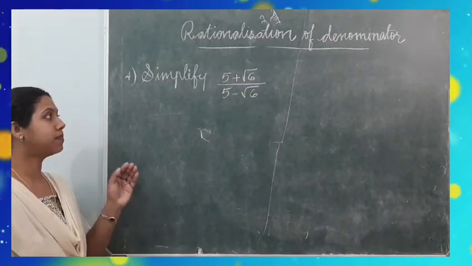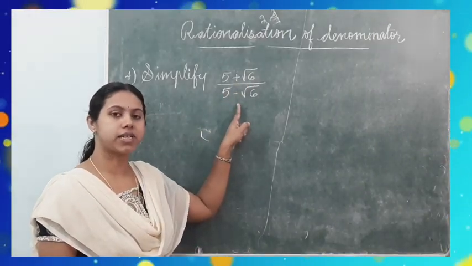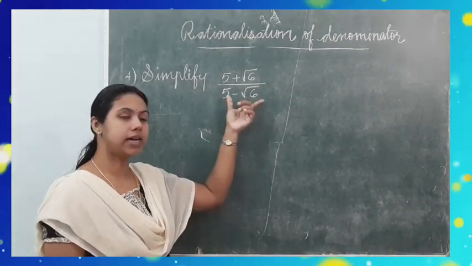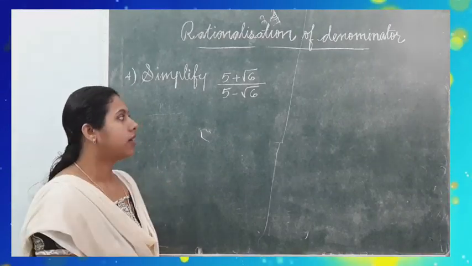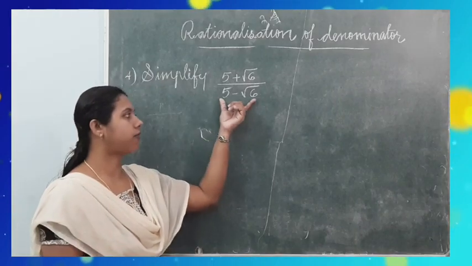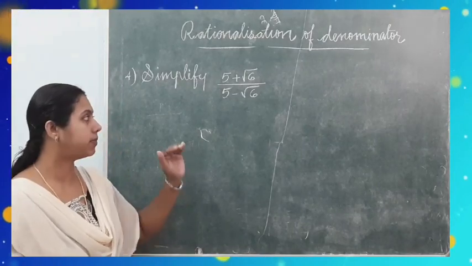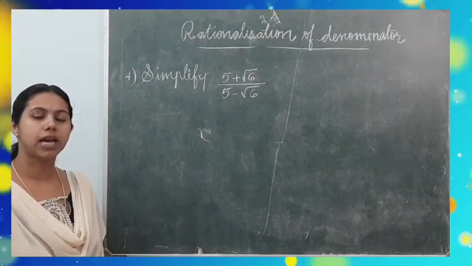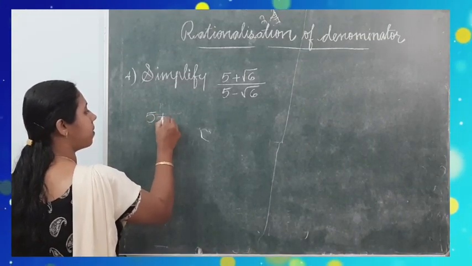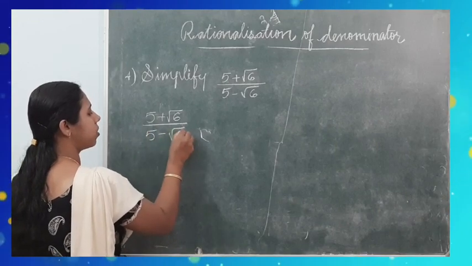The next question is simplify 5 plus root 6 divided by 5 minus root 6 by using the rationalizing method, or by rationalizing the denominator. So how do you solve this problem? We know that the rationalizing factor of 5 minus root 6 is 5 plus root 6. So multiply the numerator and denominator by the rationalizing factor. So it will be 5 plus root 6 divided by 5 minus root 6